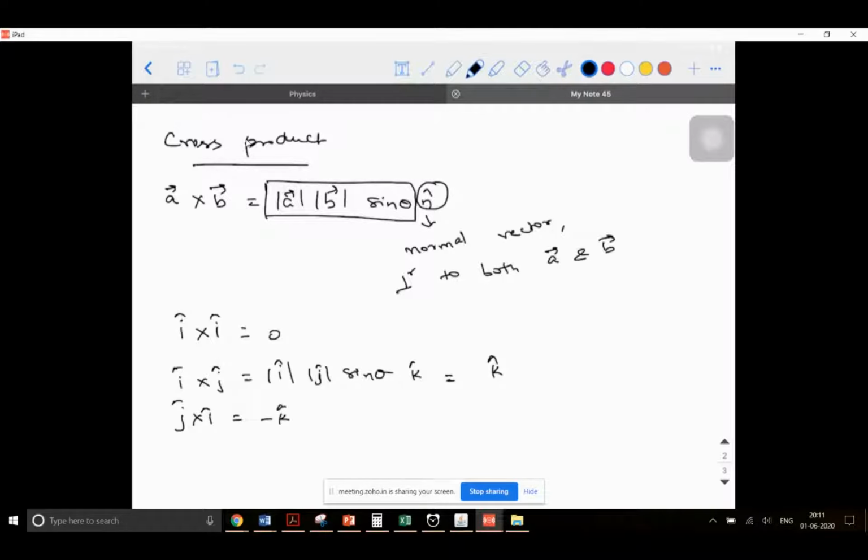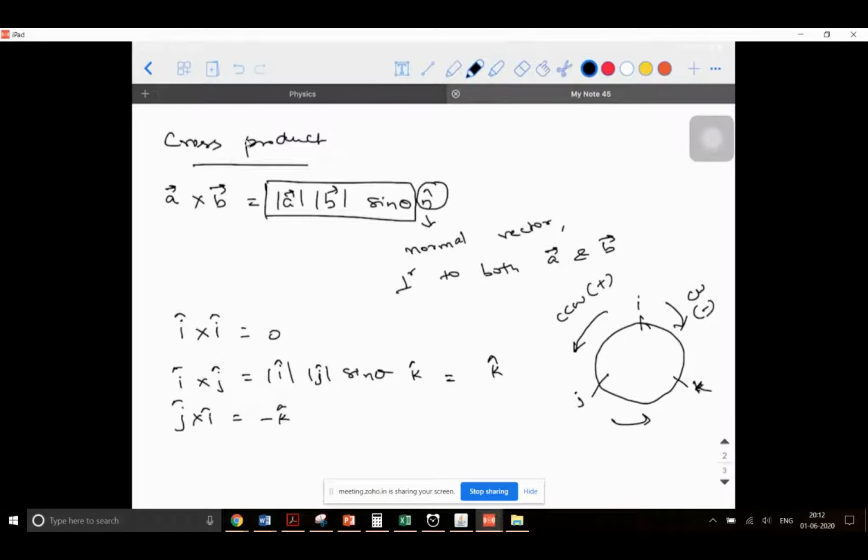I will show you how it has actually come also, don't worry. If I take a circle and put it in simple terms, I, J and K should be taken in the anti-clockwise direction, such that anything done in the counter-clockwise direction is positive, anything done in the clockwise direction is going to be negative. So I cross J is going to be K, J cross K is going to be I, and K cross I will be equal to J.